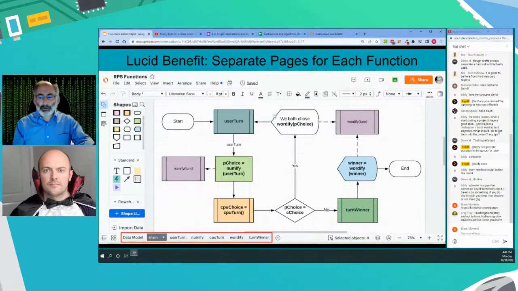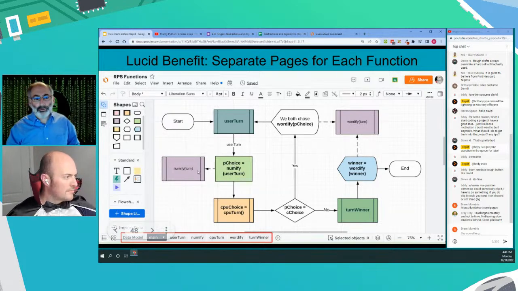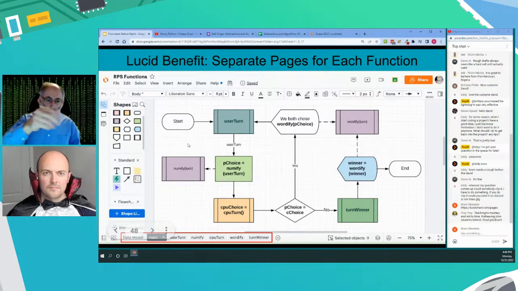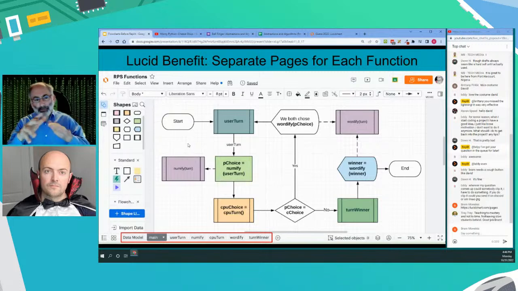Separate pages for each function. That's a handy thing. So I actually name these pages at the bottom by the function that they are. And so here we're looking at main, and main calls these different functions. In this case, I use this symbol for a function. Other times I use the upside down house as a symbol. That's a link. So if you click on that, you go straight to the page where that function is, which is handy, but then you're having to monkey around with